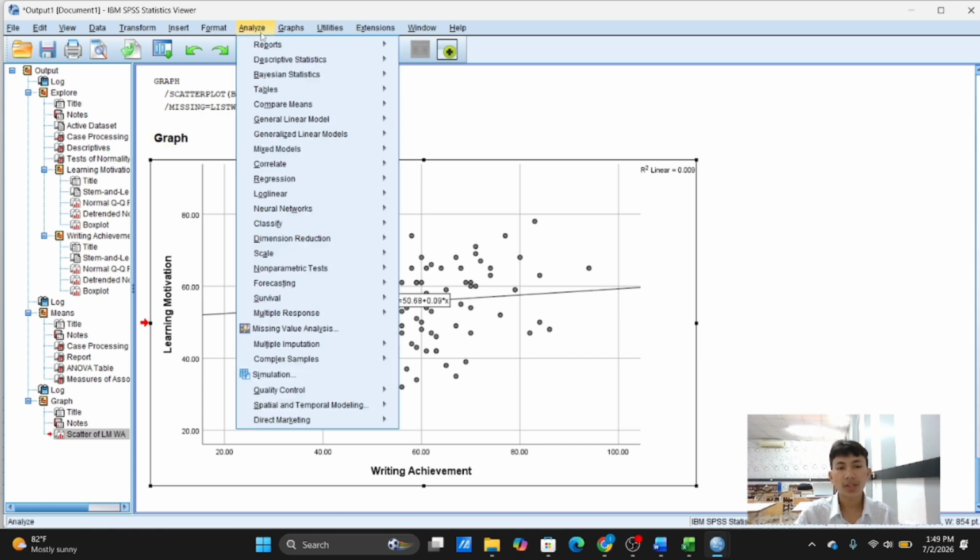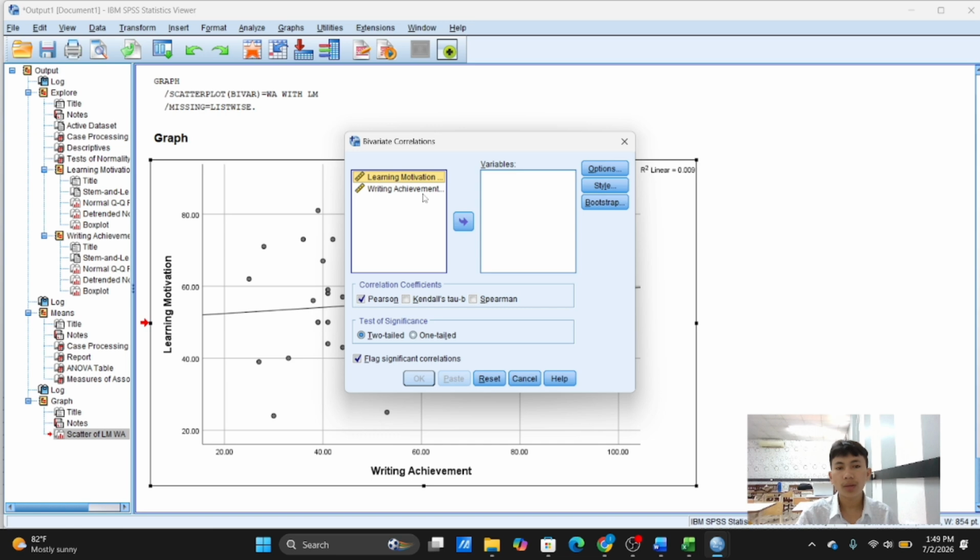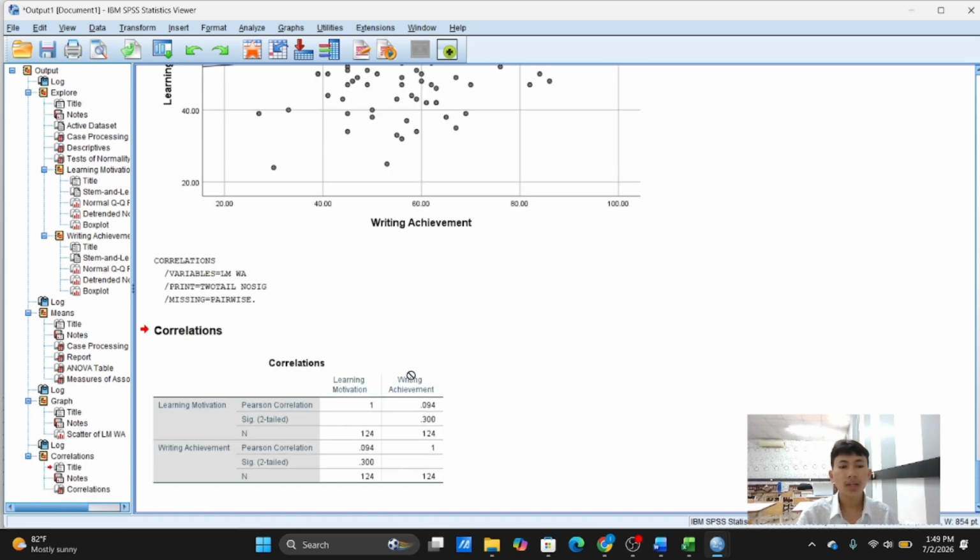To search correlation, we choose correlate, click bivariate, and move learning motivation and writing achievement into the variables table. Options and bootstrap we don't change anything. And for the coefficient, you click Pearson and two-tailed, and click OK. Okay, this is my correlation.